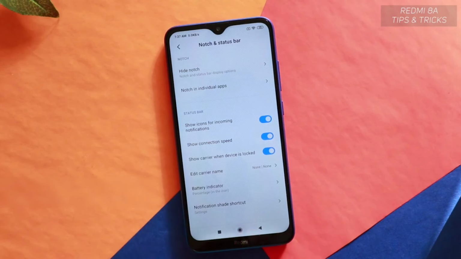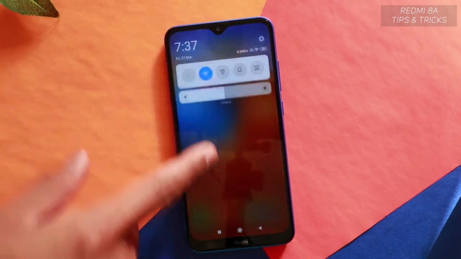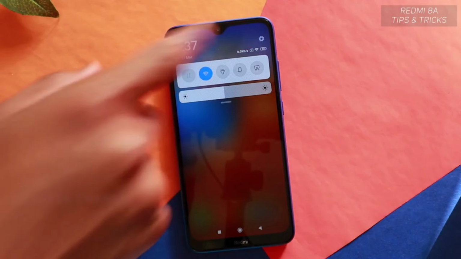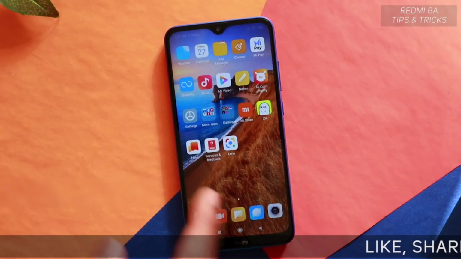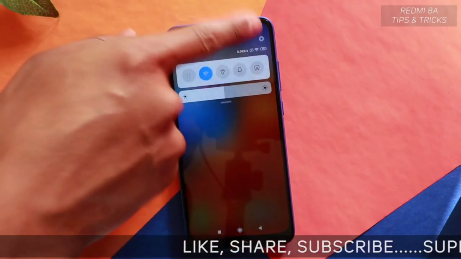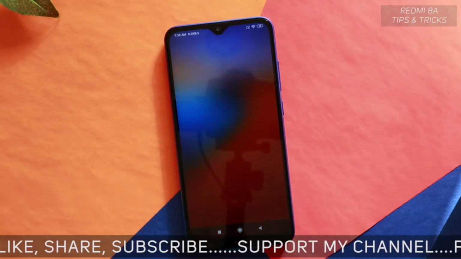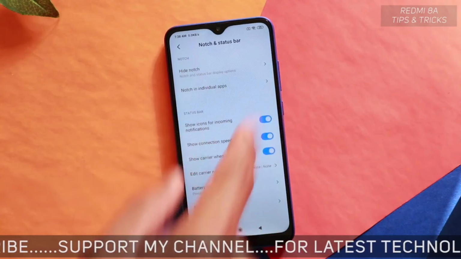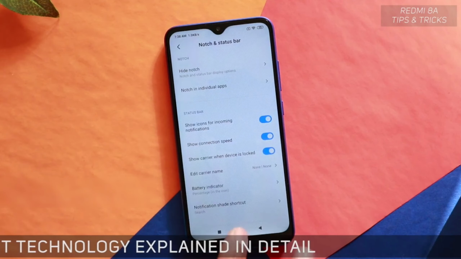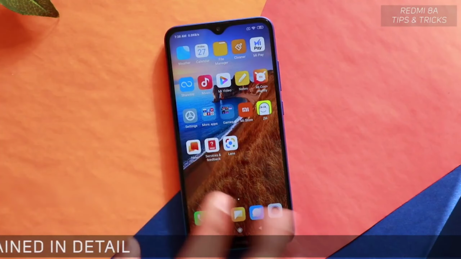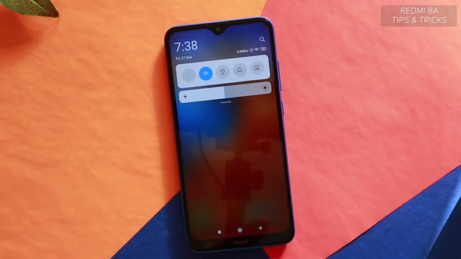So what is this basically is, if I just go to the notification panel here, you will see the settings mark here. Now we have the settings icon here. Again, why this settings here, right? So instead of that settings, we will go to this notch and status bar, and we will make this one search. Now what this basically does is, wherever you are on the screen, just swipe down like this, and here